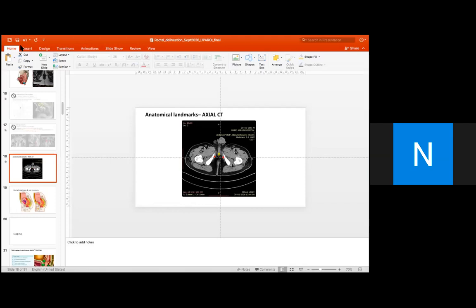Ma'am, can I ask one question? There is one case of lower rectum cancer. It is encroaching up to the anus, the lower anal margin, and it is adenocarcinoma. So ma'am, how can we treat this patient? Only with radiotherapy, or neoadjuvant radiotherapy followed by surgery?